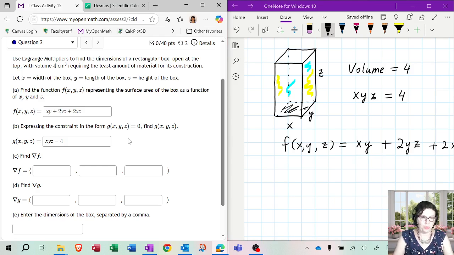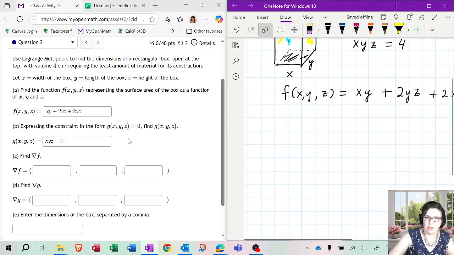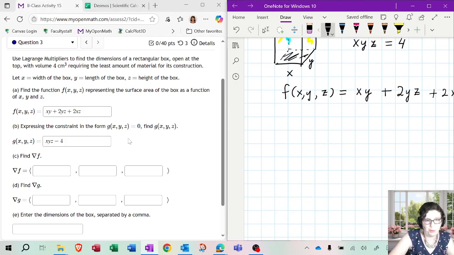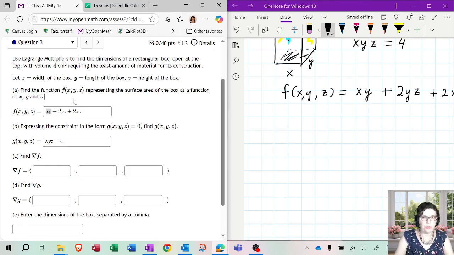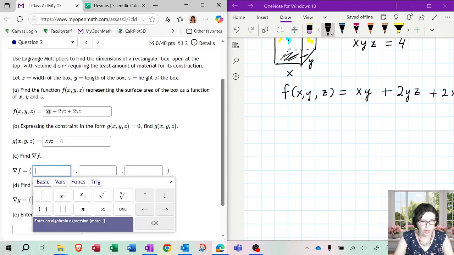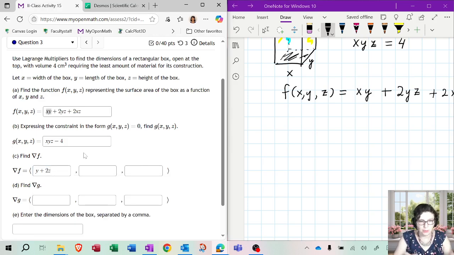Okay, so the method of Lagrange multipliers says that the gradient of f and the gradient of g should be proportional to each other. All right, so what is the gradient of f? Let's look at each term separately. Remember, when you take the derivative with respect to x, the other variable is just a number. So when it's yx, y is a number, so it's like 5x is 5, right? So yx will be y. Plus 2yz does not have an x and it's added, so that's just going to be 0. And 2xz with respect to x is 2z, because 2 and z are both numbers, right? So it's like number times x.